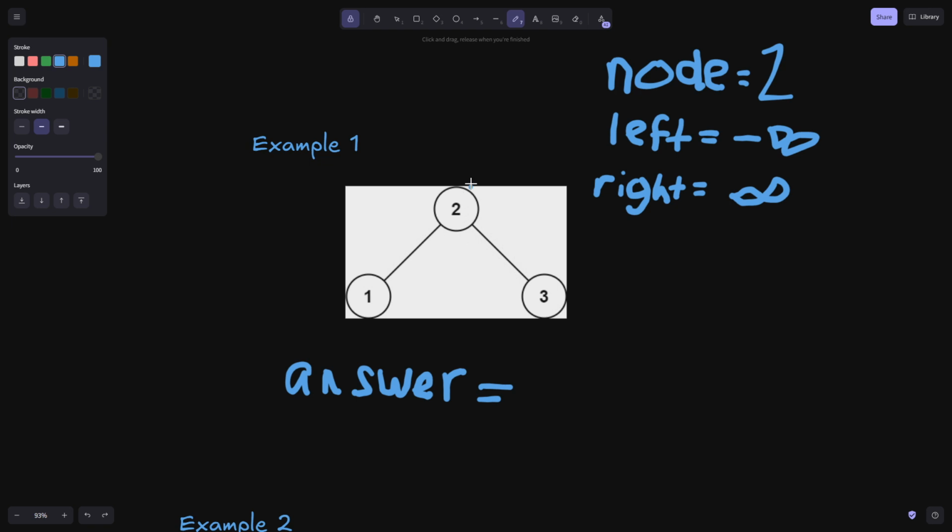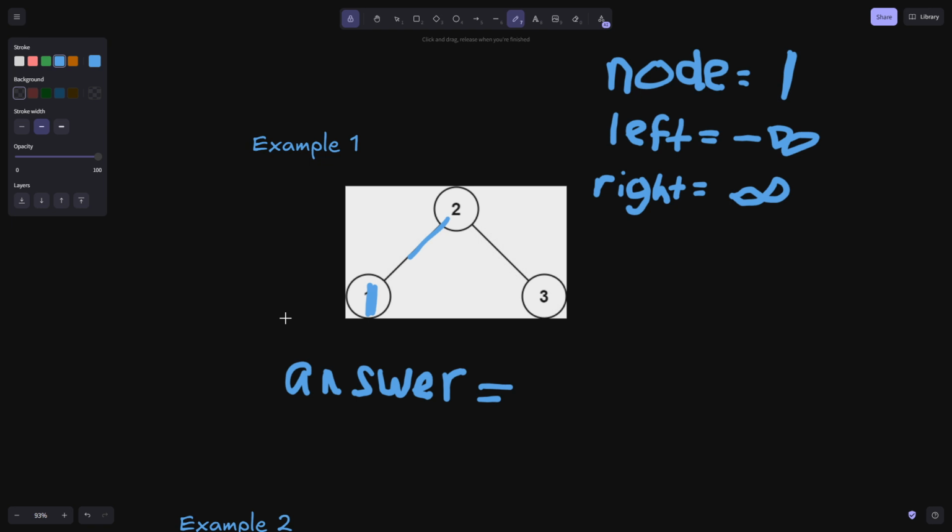But we need these boundaries so that we can adjust them as we move somewhere. So for example, when we're at this 2, let's say we traverse to the left, like if we're doing a DFS. We're going to start at this 2 and traverse to the left, in which case this node would change, because now we're looking at node 1. But we need to adjust the boundaries. What boundaries would we adjust, the left or the right? Think about it. When we're at this 1 here,